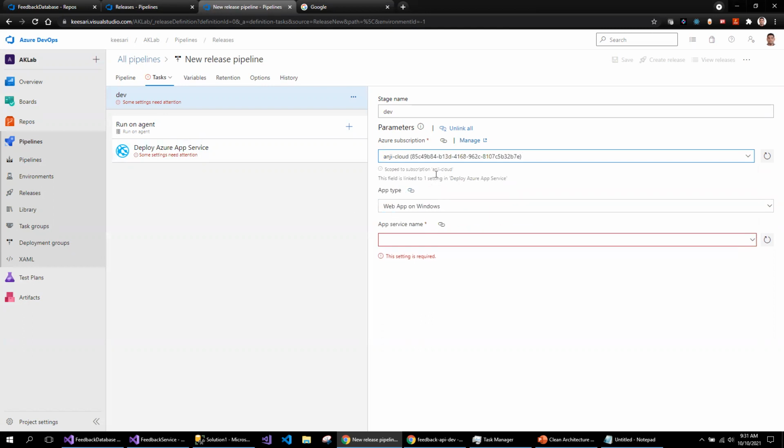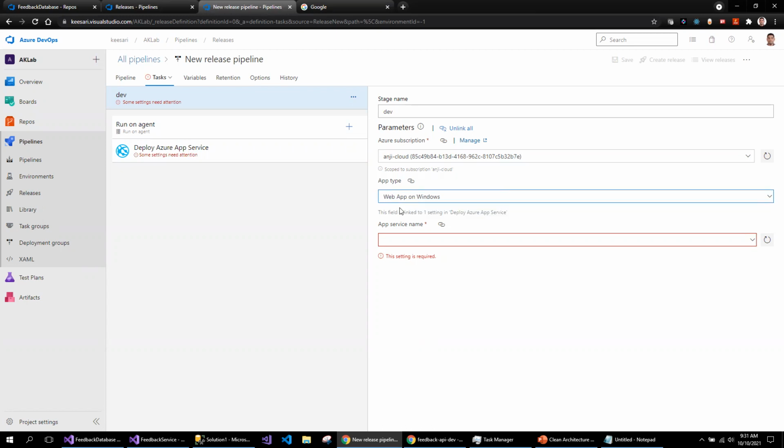If you are doing it for the first time, you might face some challenges in connecting to the Azure portal from Azure DevOps. Or you can also create the service connections in Azure and then use those service connections. That means each application will have one service connection, or each app service plan will have one service connection, and so on. I'm using my global subscription Azure connection for connecting.